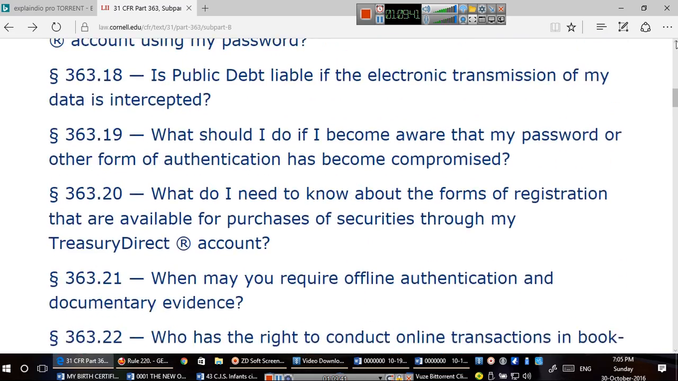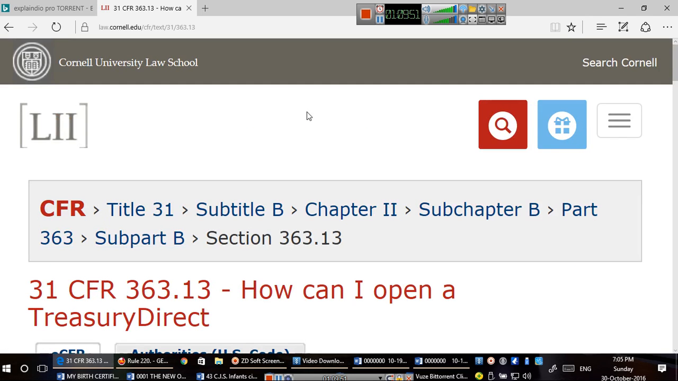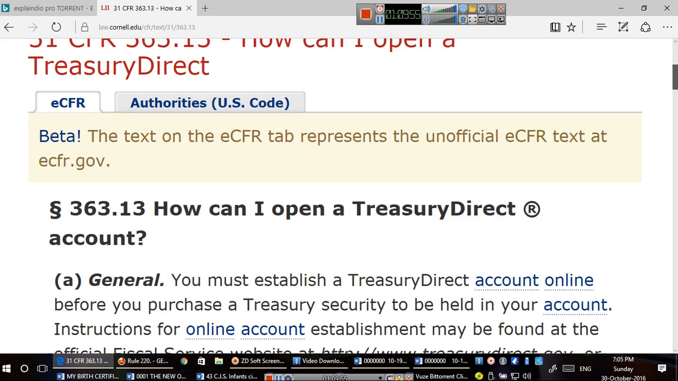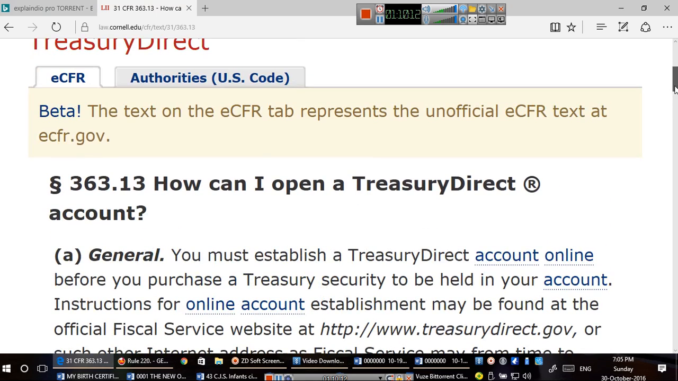Oh, by the way, this is why you do have to get that Treasury Direct account. Procedures for how do I open up a Treasury Direct account? This is the one, 13. This is the one I haven't mentioned. So, how can I open a Treasury Direct account? Generally, you must establish a Treasury Direct account online before you purchase a Treasury security to be held in your account. You see, I've been telling people what they need to do. You need to study this, 363, and as you see, there's a table of